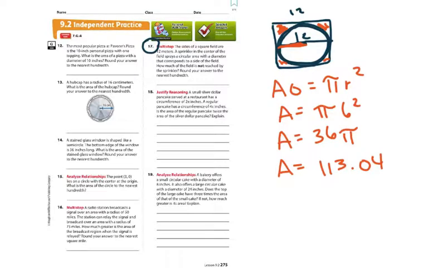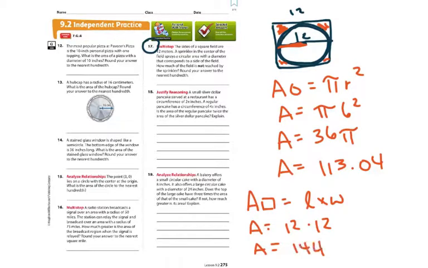So then I need to find the area of my square. And I know that that is just the side times the side, or the length times the width. You can think of it either way because it is a rectangle too. And so I know that that's length times width, or side squared, and I'm going to do area equals 12 times 12, and that equals 144. So now all I have to do is take these two numbers and subtract them. 144 minus